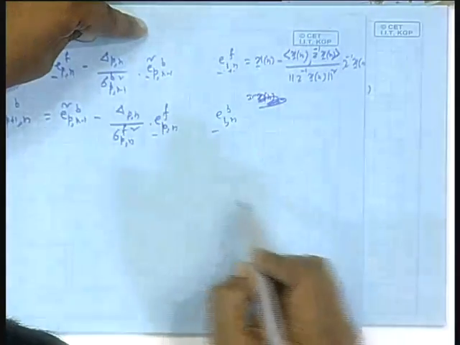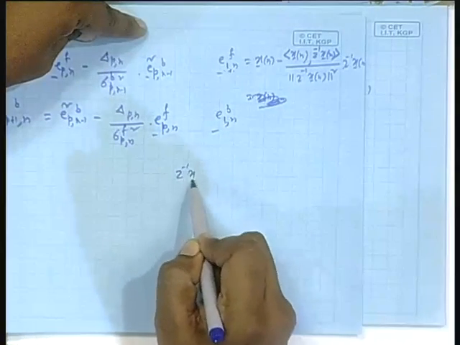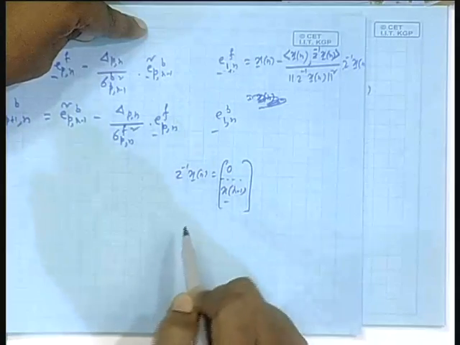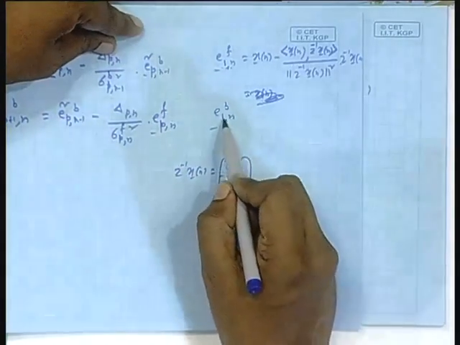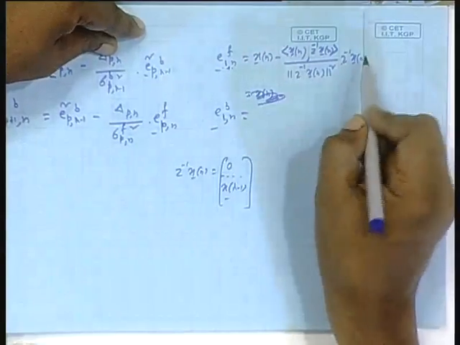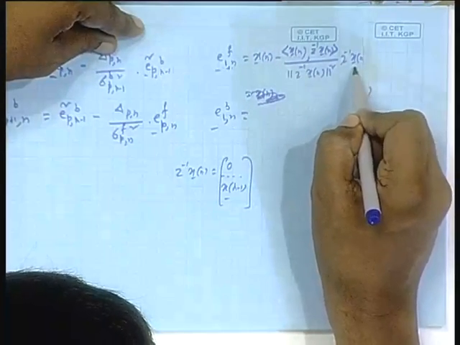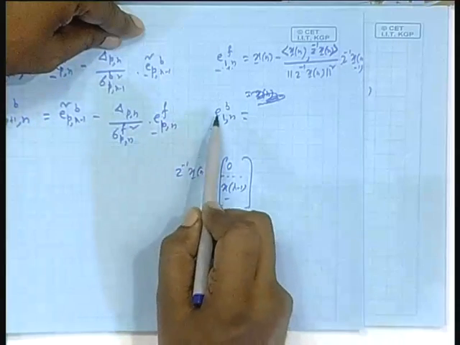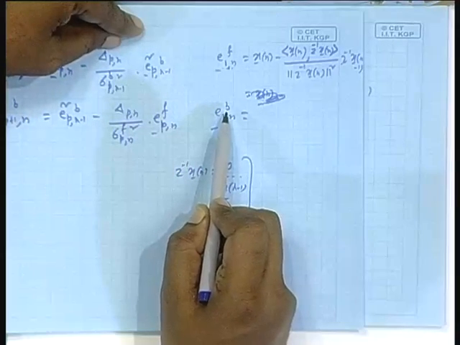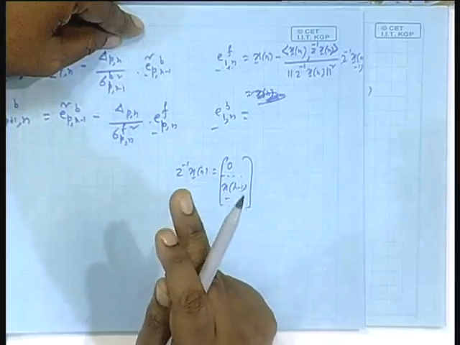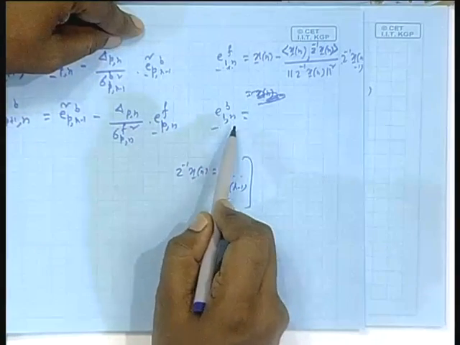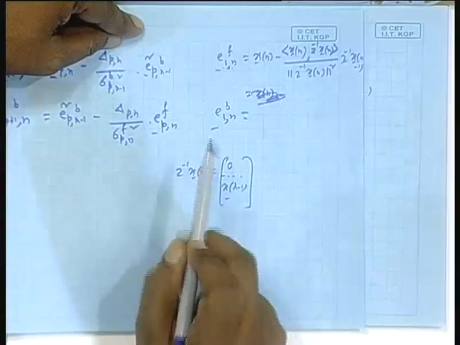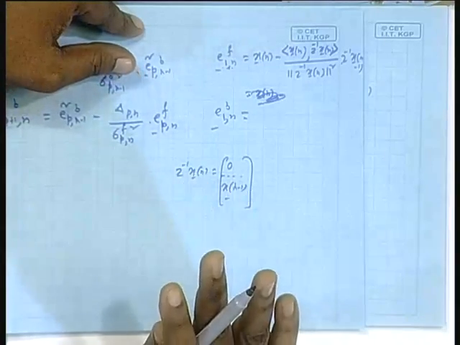Here I write separately. What is Z inverse x n? Z inverse x n we all know is 0 x n minus 1, right? And similarly, this recursion we write, this was x n minus 1. What is this recursion? I know the general definition of E p n b means the vector z to the power minus p x n, that is z to the power minus 1 x n will be projected on the space spanned by z to the power minus 0 x n up to z to the power minus p minus 1 x n. P is 1 here.